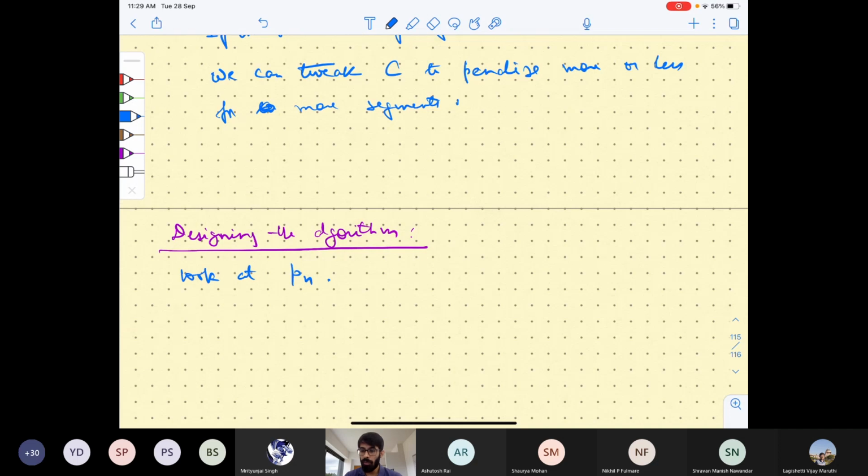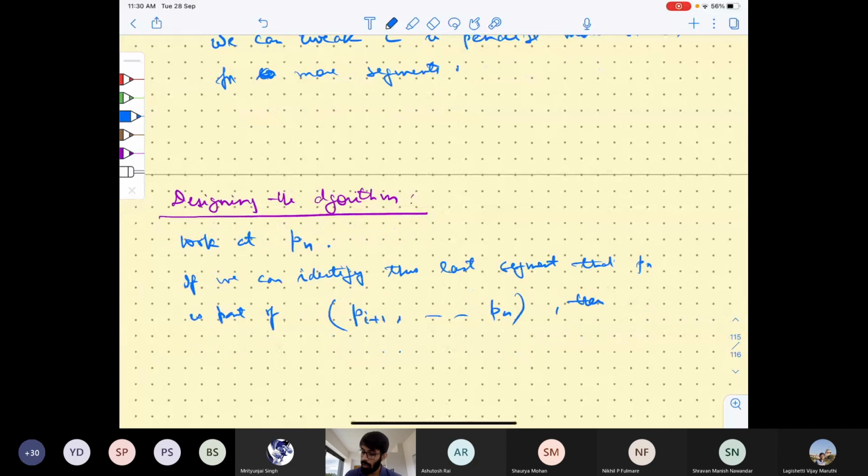Pn, right? So we know one thing for sure, that whatever segment this is part of, if we can identify this last segment that Pn is part of, let's say P_i+1 to Pn, suppose this is the last segment of the solution, then we know that the solution will be like opt of